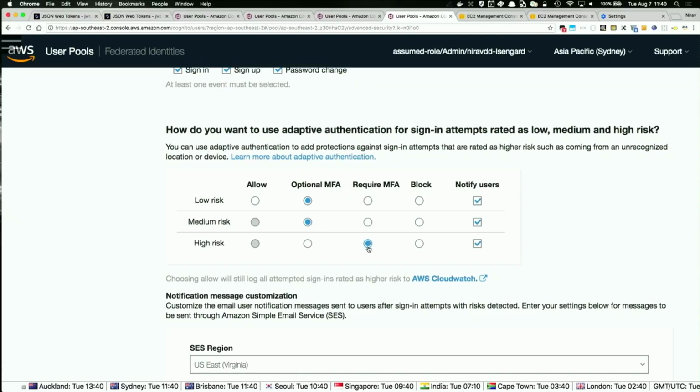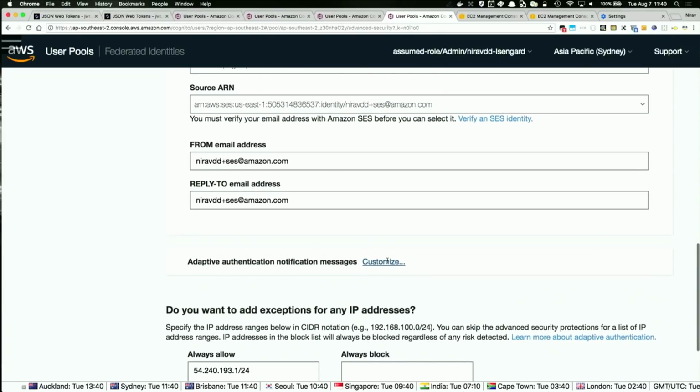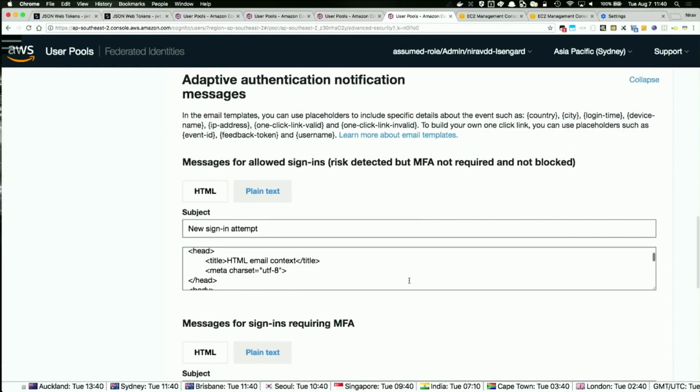This is the exact same feature: because you are signing in from something we've not noticed you sign in from, we force you to give an MFA. This will also generate a notification. A notification will be sent out to the user, and the user has the option to take up the MFA.